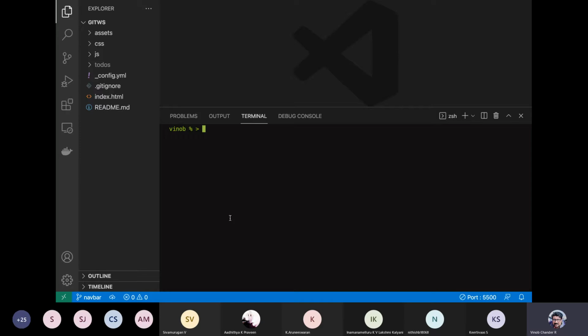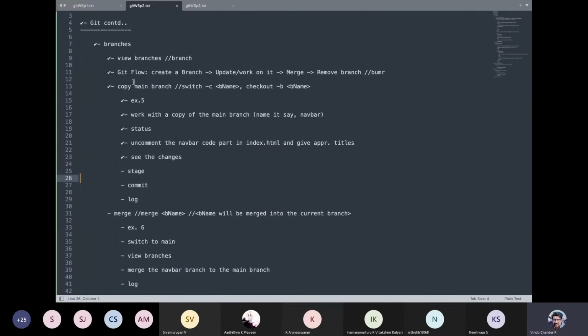So if you feel that whatever is available in the branch is okay, we can go ahead with merging to the main branch. And then we remove it or delete it so that we follow the practice of BUMMR. Creating the branch, we have updated it, let us now merge it. So we are in this particular process in the flow.